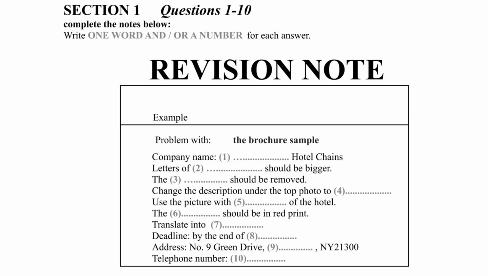Well, it was printed the year before, so some of the information is already out of date. There are also a couple of problems with the layout. Firstly, the letters of the address on the front page are far too small. It's hard to see when glancing at the cover. How big do you need it to be? Increase the letters by 3 font sizes. Just a minute. Let me take notes of your requirements. Okay, what else needs changing?